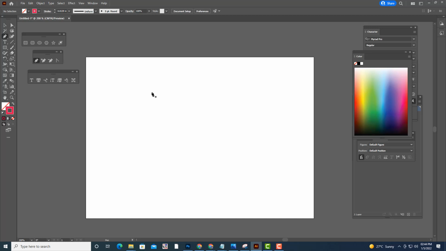I am going to just take off a stroke, and I will just click, see here, just create one shape in this manner. And after creating this path, just hit enter. Then we'll select the direct selection tool, and we'll adjust it properly.